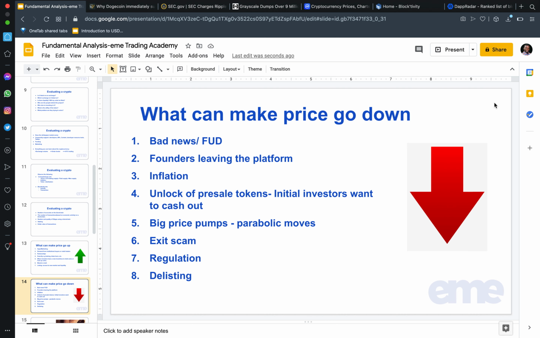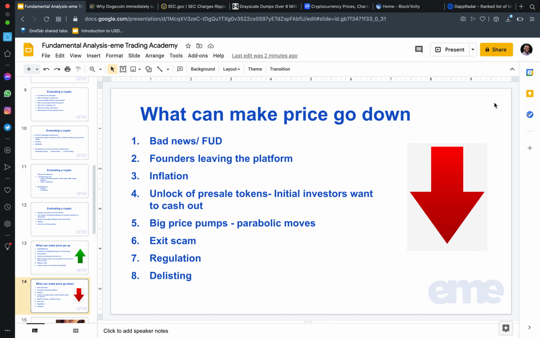For example, we've seen where privacy coins have been facing a lot of regulatory issues lately. They're being prohibited by some government agencies in some countries. And what happens? The price goes down because now people are not able to access those cryptocurrencies. People are panicking. They want to sell because they don't know what's going to happen next. So whenever there's negative government regulation,